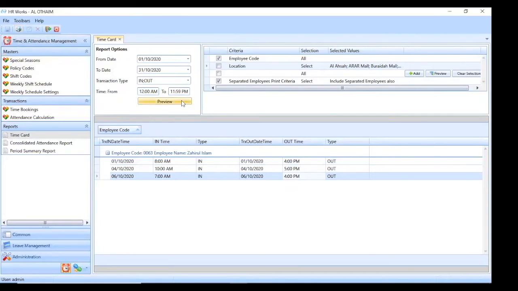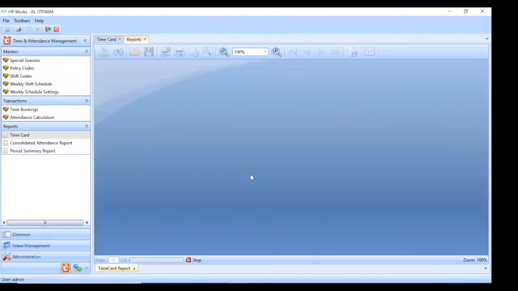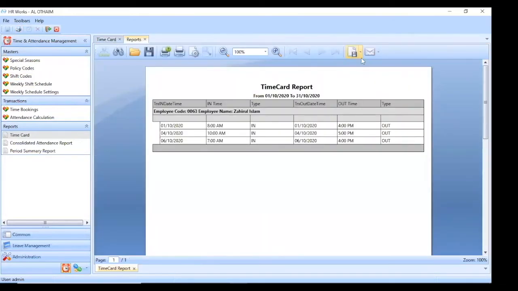Once you preview the report, go to the print option. And there is an option to export to any format, PDF or Excel CSV file.